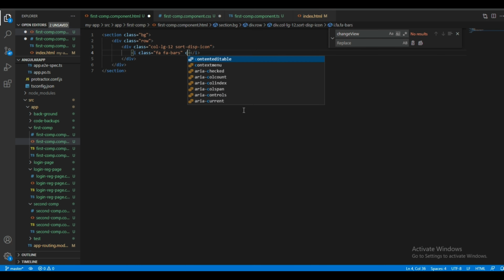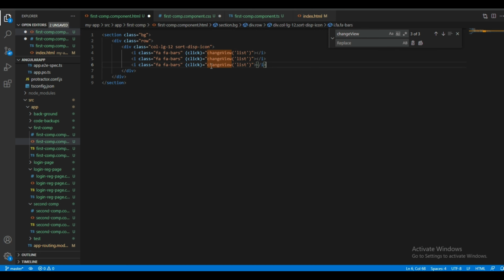Here I will write the click event. The event name will be changeView, and for this I will pass a string parameter called list. In the same way I will copy this and paste two more.